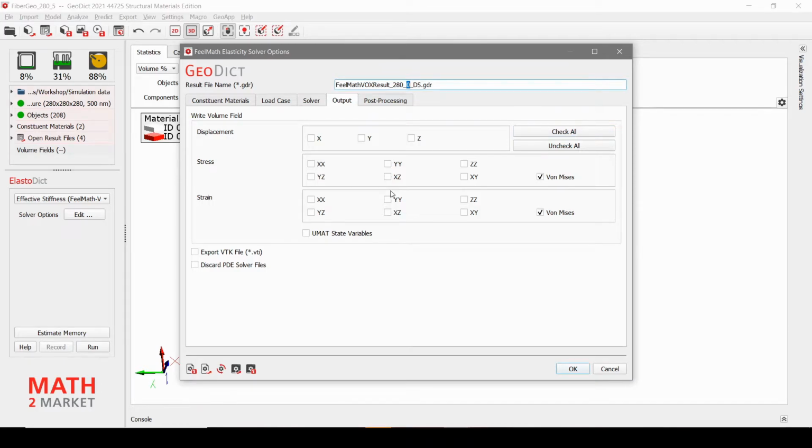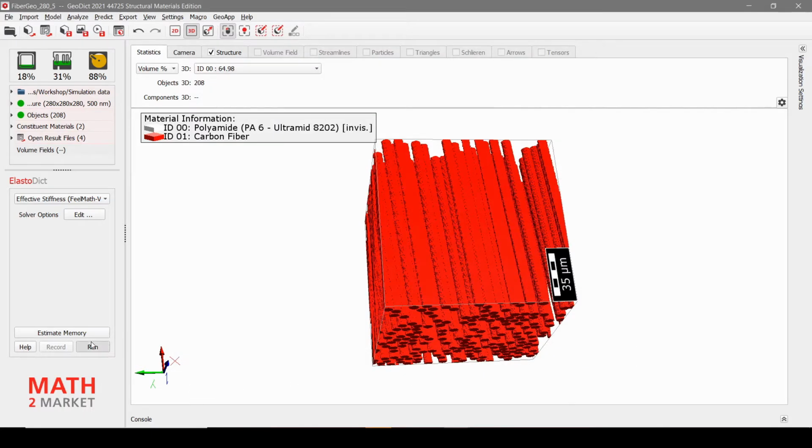except for the file name, in which we replace again the 0 by a 5. Then we click OK, and then we hit run.